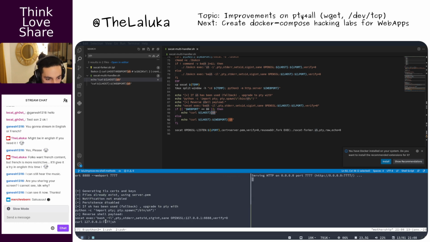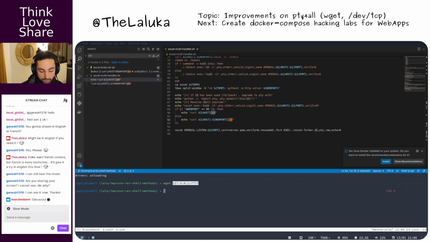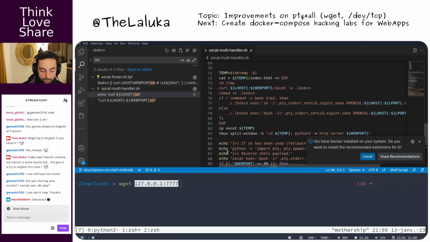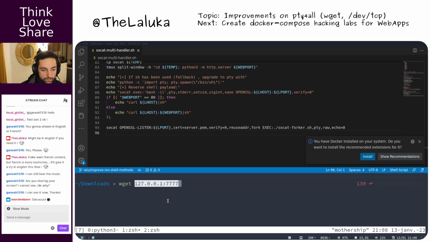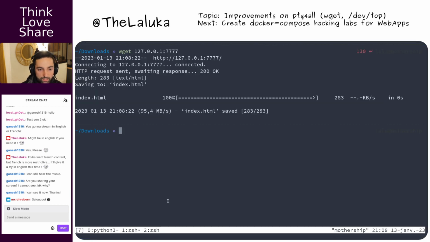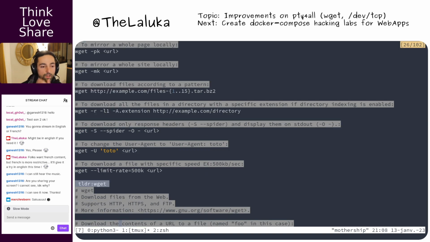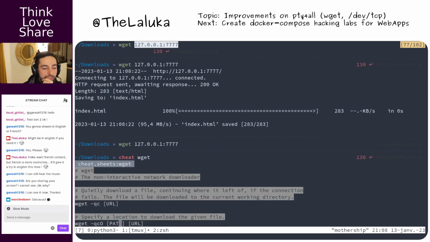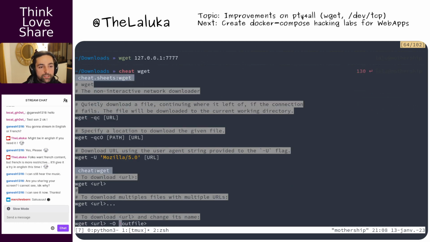So I used this static IP. If I wget there, I get tons of garbage printed out, which I don't want. So first, maybe with cheat wget, I can have some silent flag somewhere. Quiet, I guess, yeah.